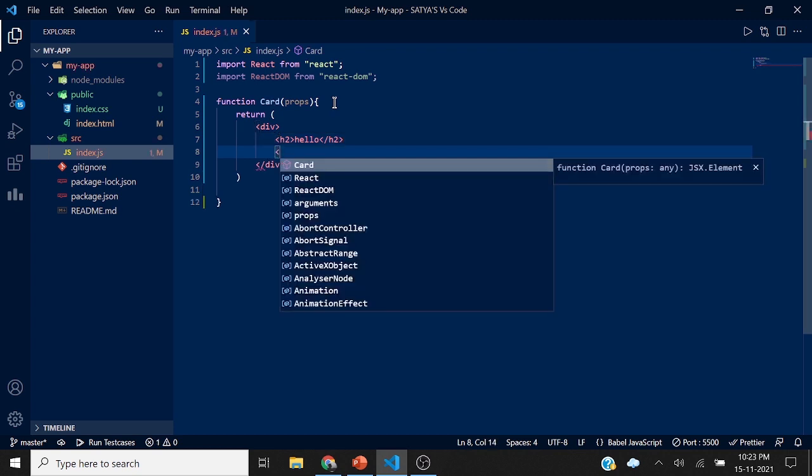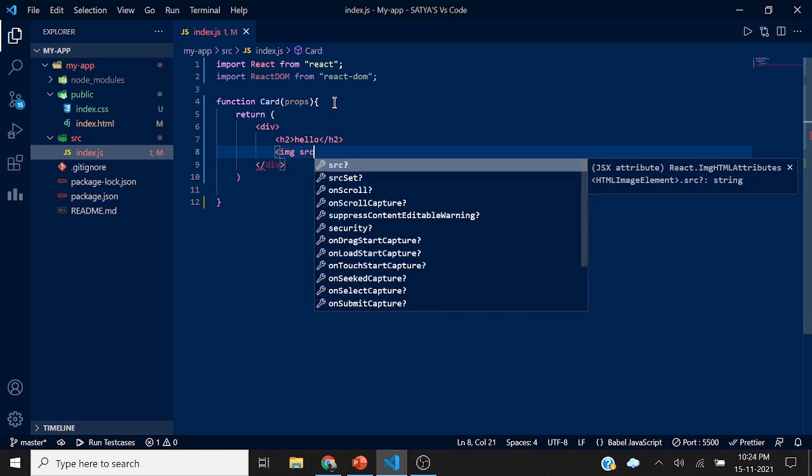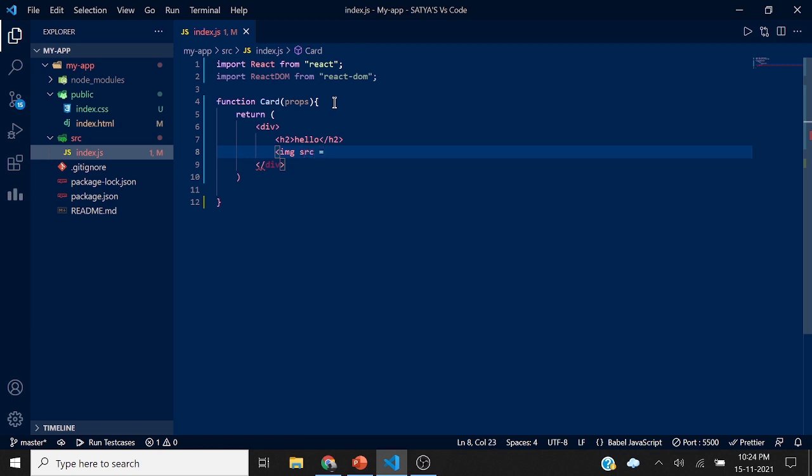Next I'll give an image. I need to give a source here, so let it be blank for now. Then a p tag which describes color, and another p tag which describes email.